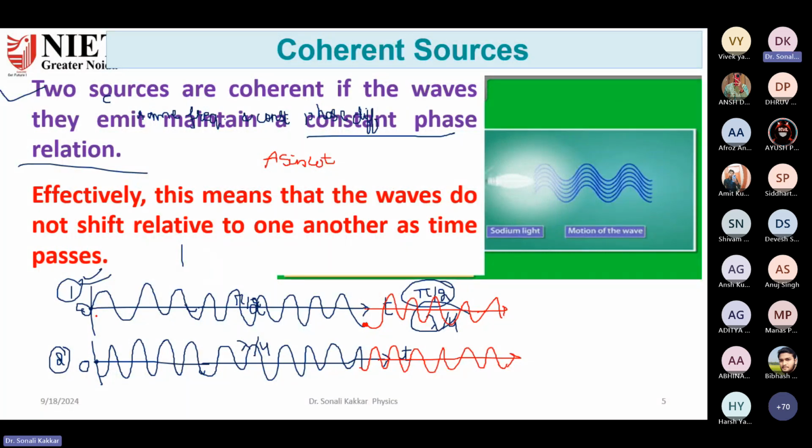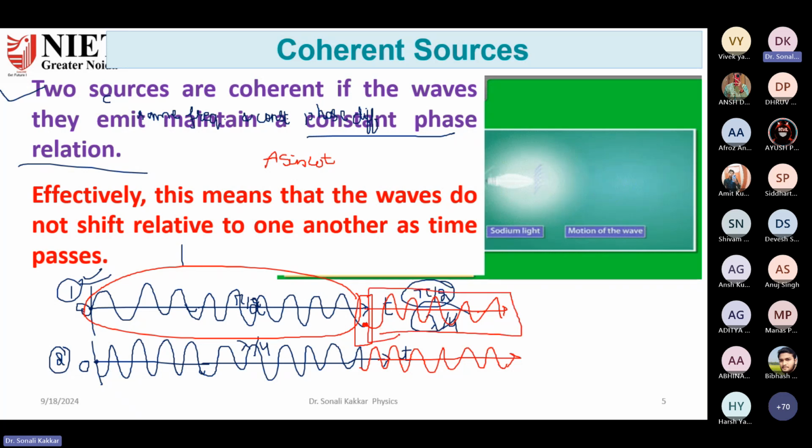But what if the source does not emit sinusoidal waves? Suppose the light source is such that it does not emit a sinusoidal wave, whereas it emits a series of waves. Till this region, this is a sinusoidal wave. But at this point, the sinusoidal behavior is destroyed. Now the wave is something like this. It is sinusoidal after this point, but at this point, denoted by this red circle, the wave is not sinusoidal. So the phase difference, which was earlier pi by 2 between these two waves,